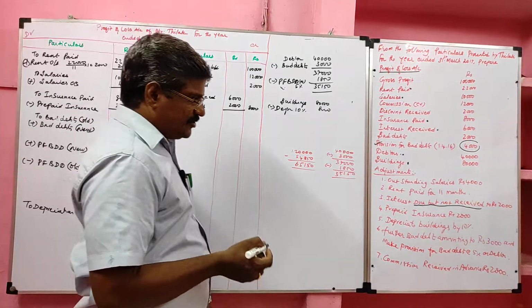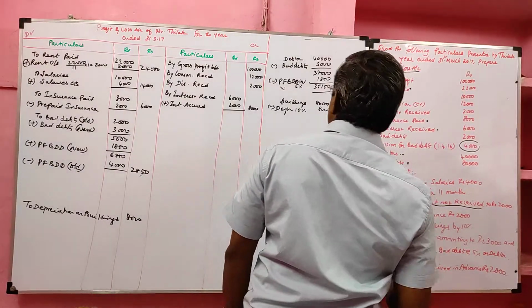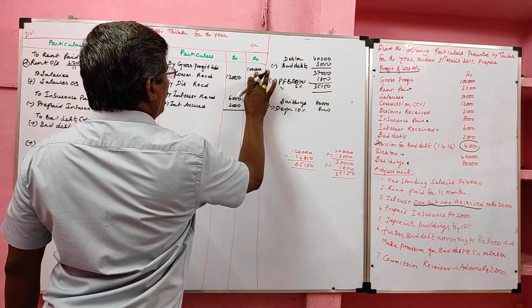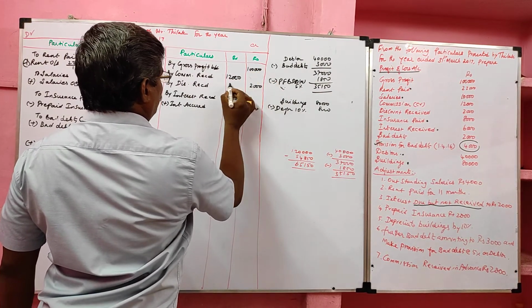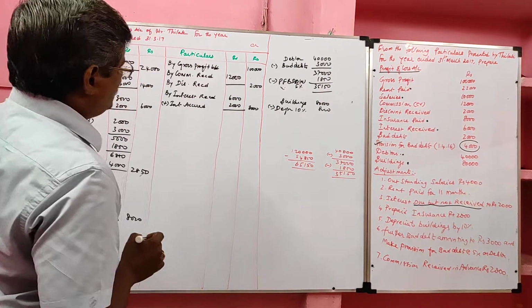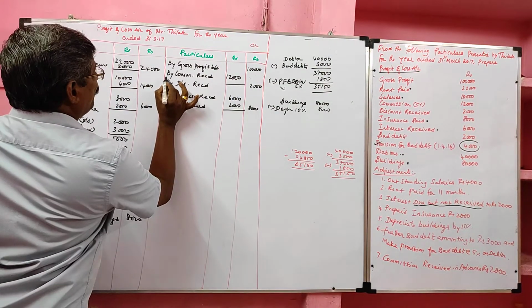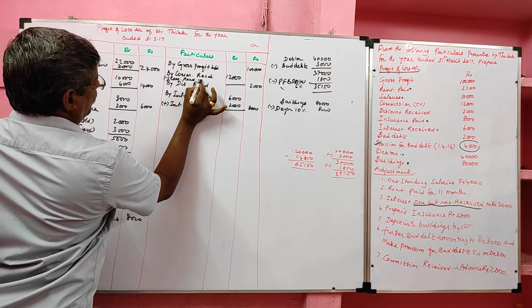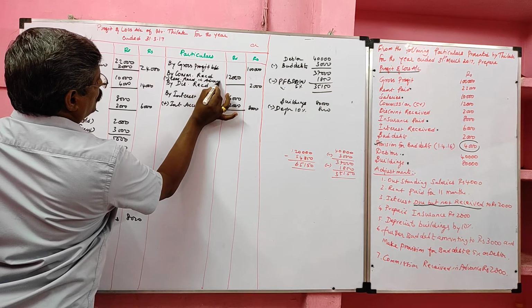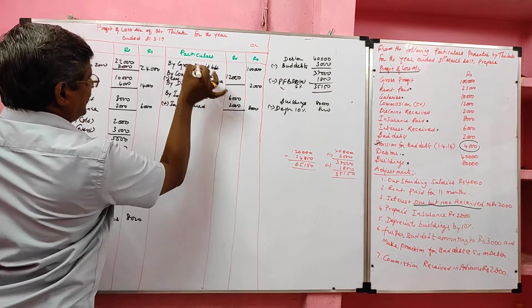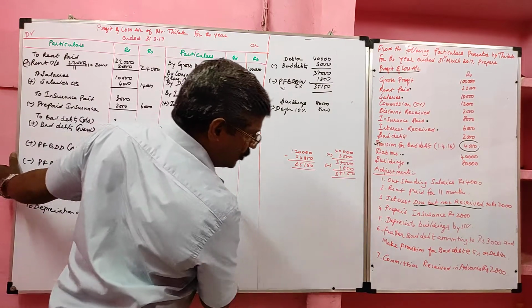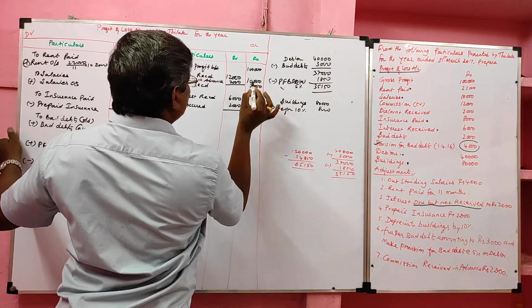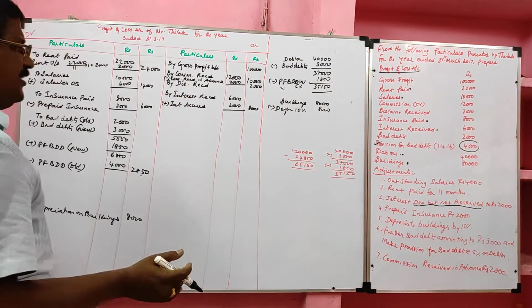Then we have one more adjustment that is called commission received in advance. So we have adjustment for commission. Okay, we should write in the inner column. Commission received in advance, what we supposed to do? We should deduct from concerned income in the credit side of profit and loss account. Commission received in advance should be deducted from commission received, value 2,000 rupees, and it will appear in the balance sheet liability side. Since we are not preparing a balance sheet, we need not record.